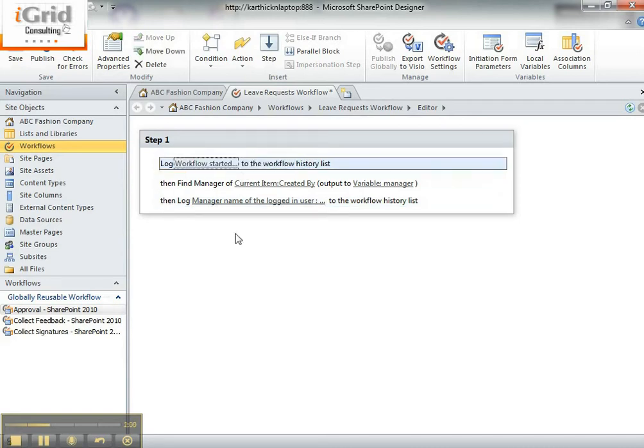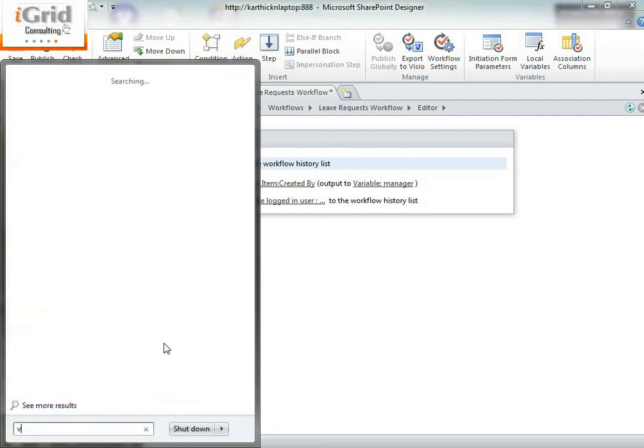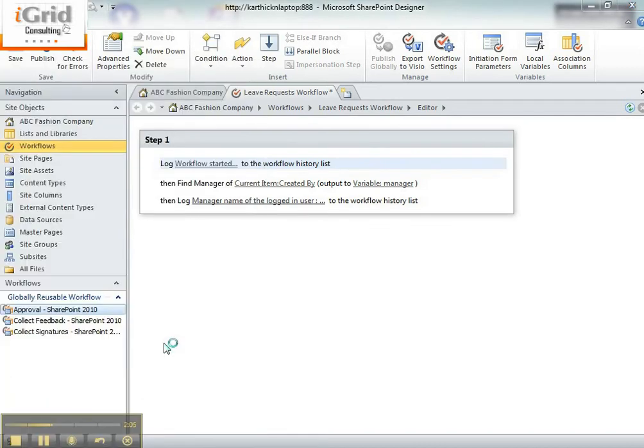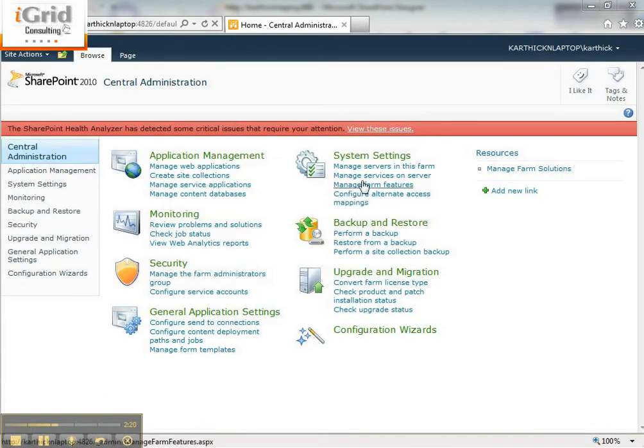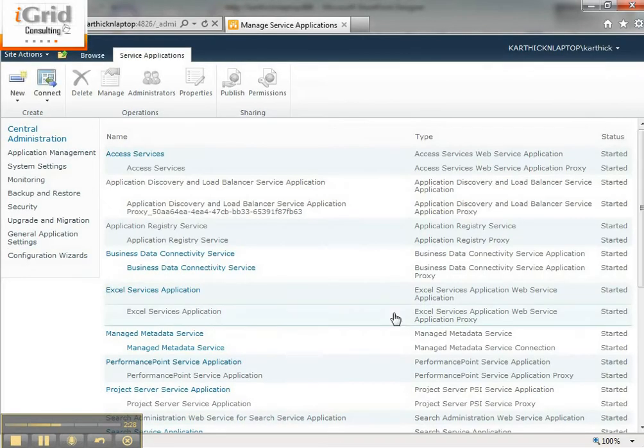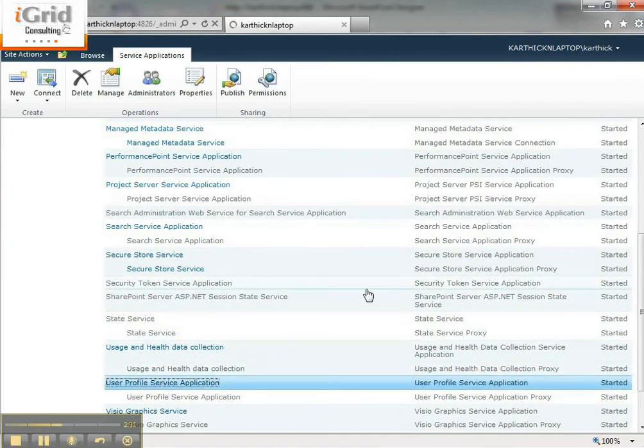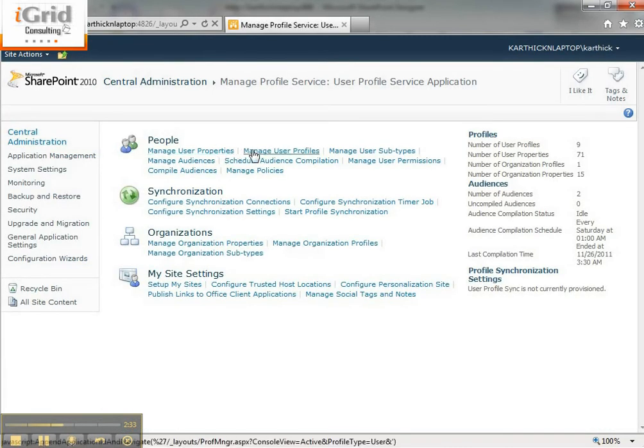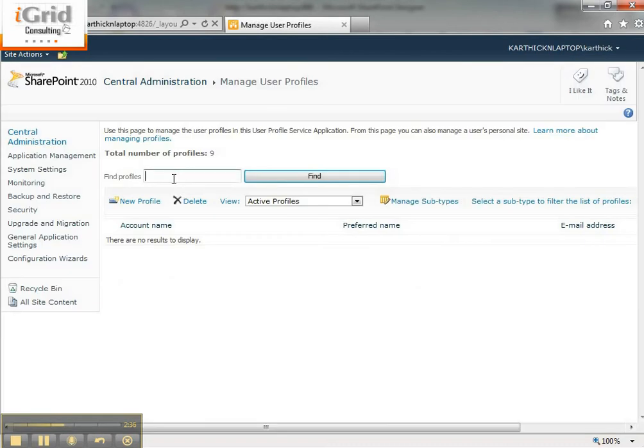So where is the manager picked up from? Obviously you would know that it is coming from the central administration. So I'm going to open my central administration and make sure the manager of the current user is available. Let's see how it works. In manage service applications, I've got user profile service application. In it, I've got manage user profiles, and let me find the